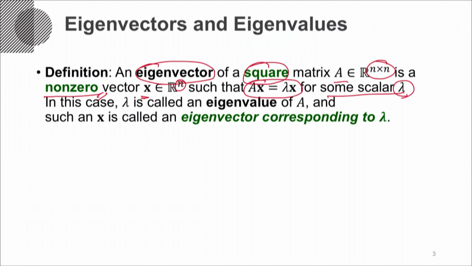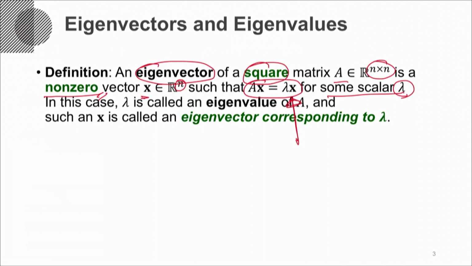In this case, lambda can be chosen as any value as long as it satisfies this equation. And in that case, lambda is called an eigenvalue of matrix A, and such a vector x is called an eigenvector